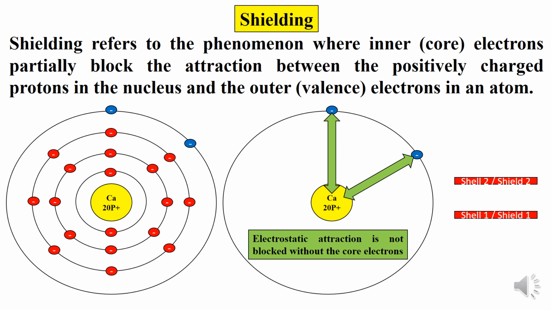Now each shell containing the core electrons acts as a shield. So the shell 1 in case of calcium atom contains 2 core electrons and acts as shield 1. Shell 2 containing 8 electrons acts as shield 2, and shell 3 containing 8 core electrons acts as shield 3. Now these 3 shells act as shield